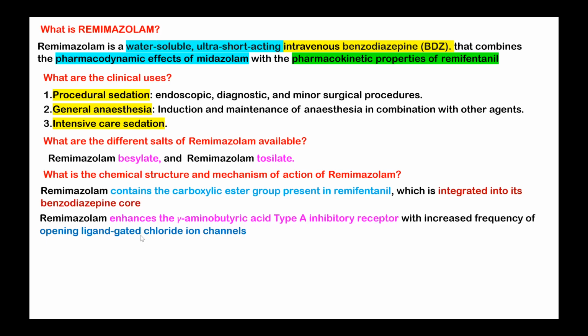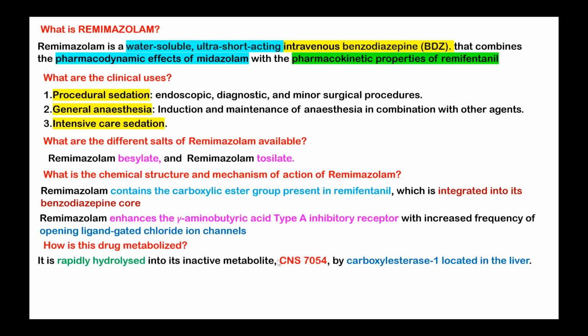That is, more chloride ions will go into the cell, causing an increase in negativity. All the cells in our body are electronegative inside and electropositive outside. So if you increase the negativity from minus 90 to say minus 130, minus 140, then it will cause more